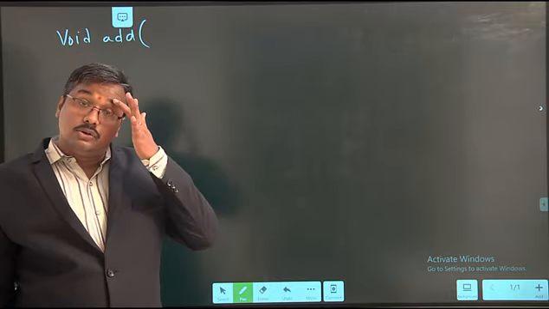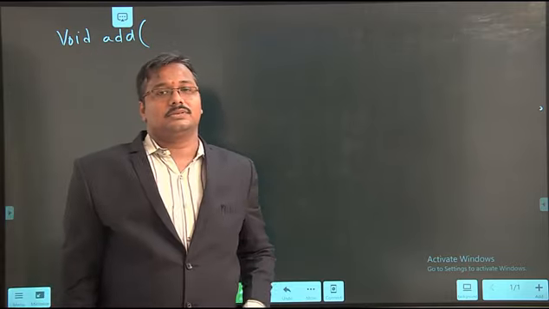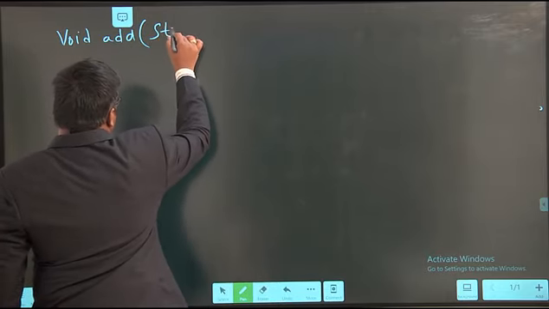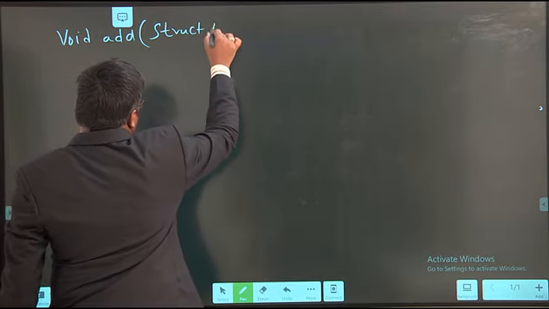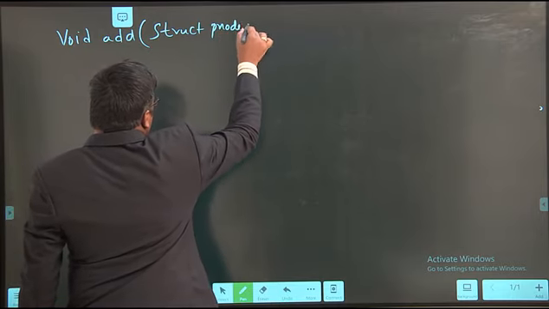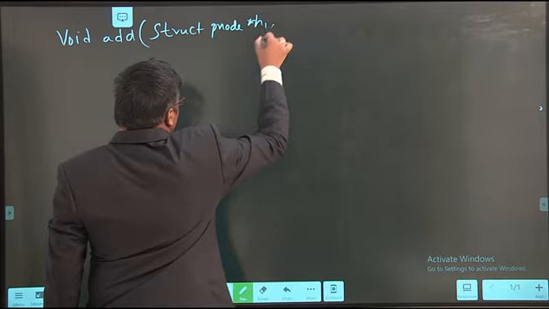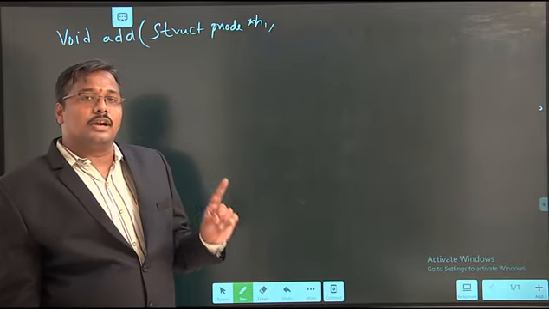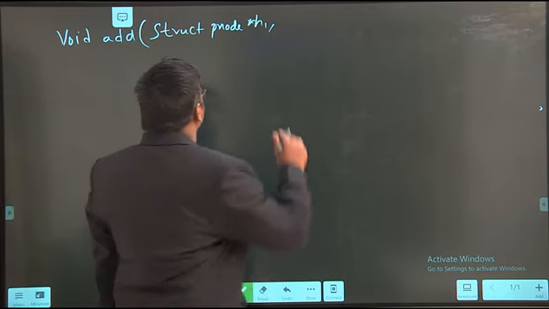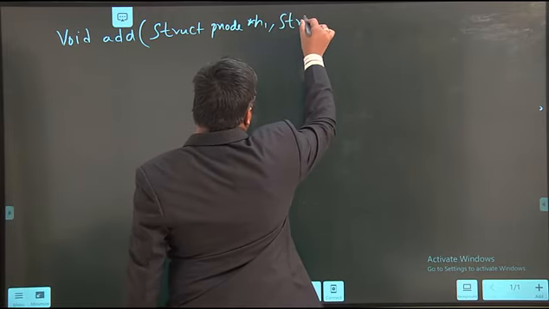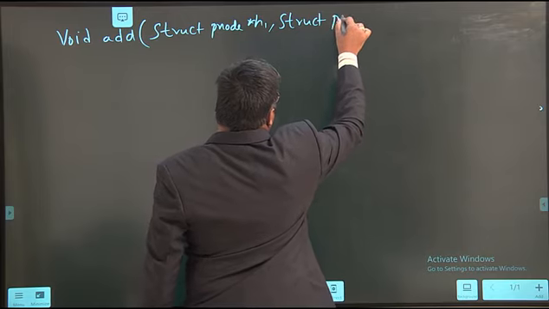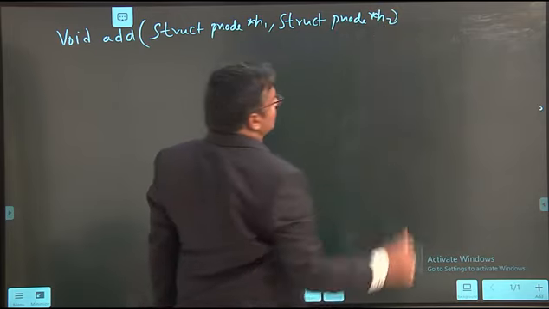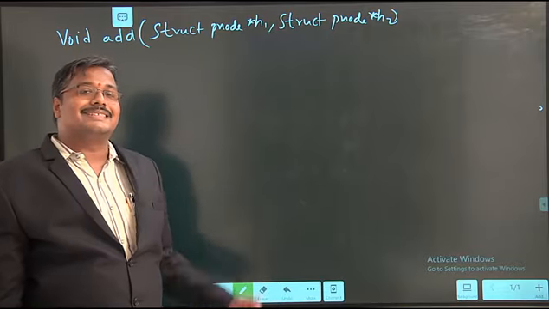It takes two linked lists as arguments. So the first argument is struct pnode star h1, the header node address or starting node address of the first linked list. Next, struct pnode star h2, the starting node address of the second linked list.